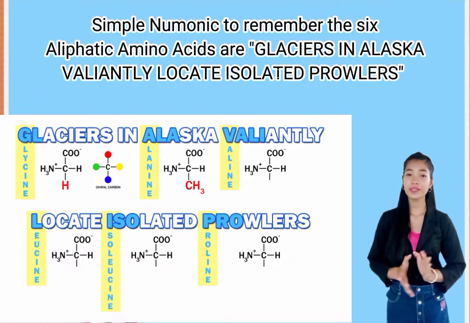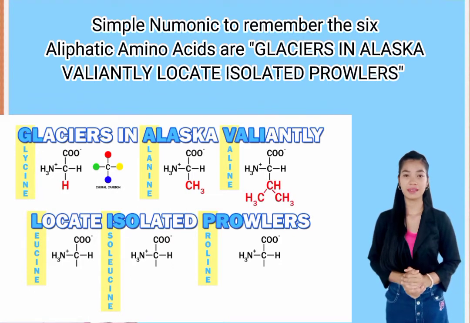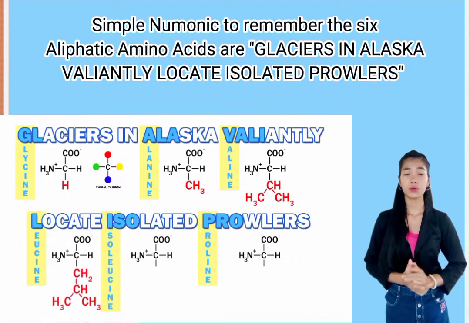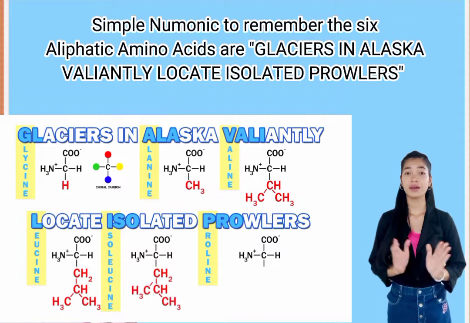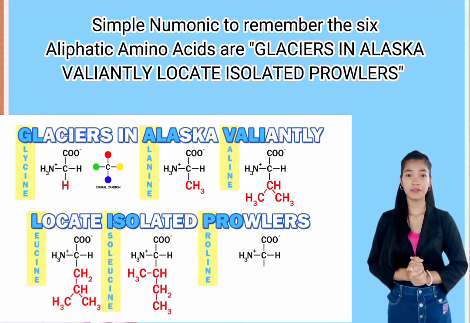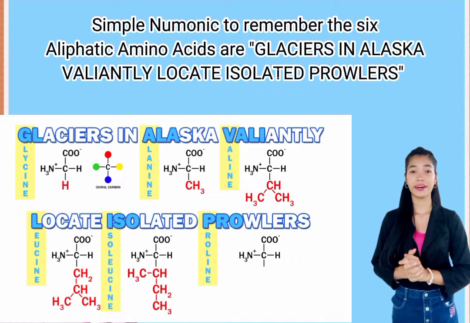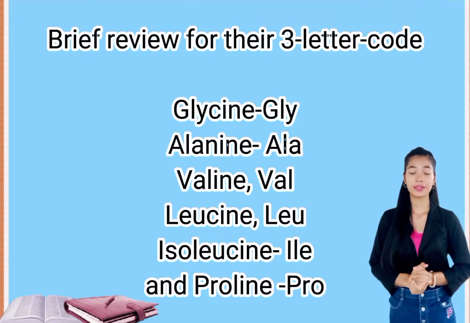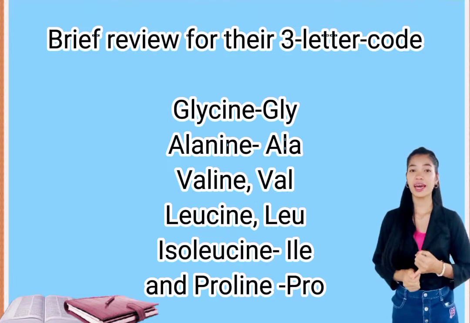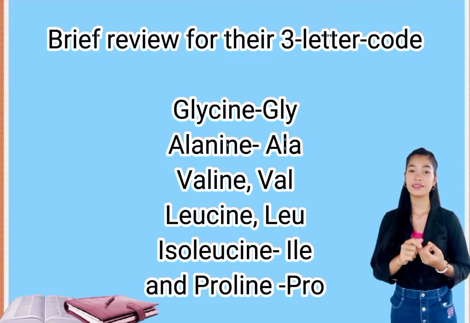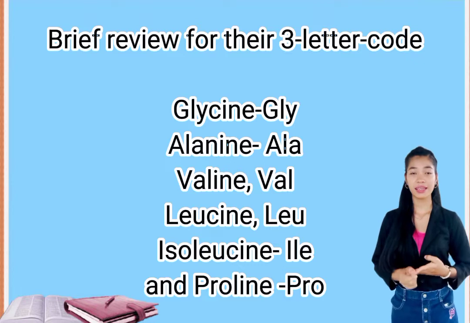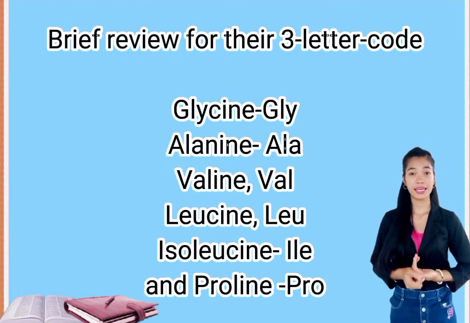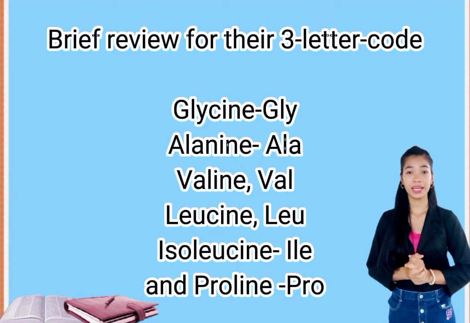In valine, the root splits into 2 rootlets, both methyls. In leucine, the root grows longer; here the root analogy stops. Isoleucine is the conformational isomer of leucine. Proline is the only ring structure. And now, for a brief review: glycine is GLY, alanine is ALA, valine VAL, leucine LEU, isoleucine ILE, and proline